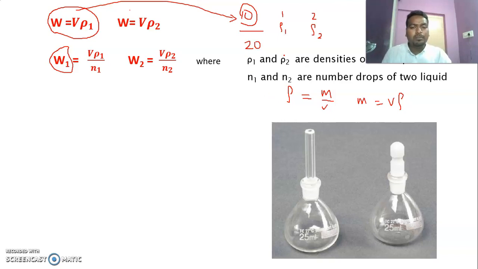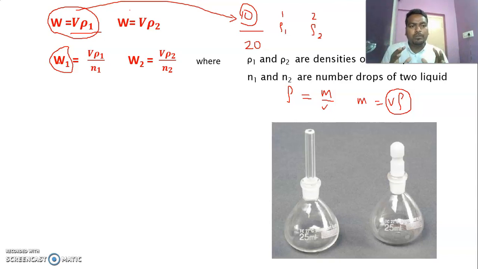The mass of 1 drop comes from the mass of 10 ml of water. So V into rho is the mass of 10 ml of water. See, V into rho 1, this is the mass of 10 ml of water. If you divide this by the number of drops, for example 20, you will get the mass of 1 drop. Once again, dear students, don't get confused. In this experiment, we are going to determine the mass of 1 drop of water. So if you know the mass of 10 ml of liquid, you can easily calculate the mass of 1 drop.